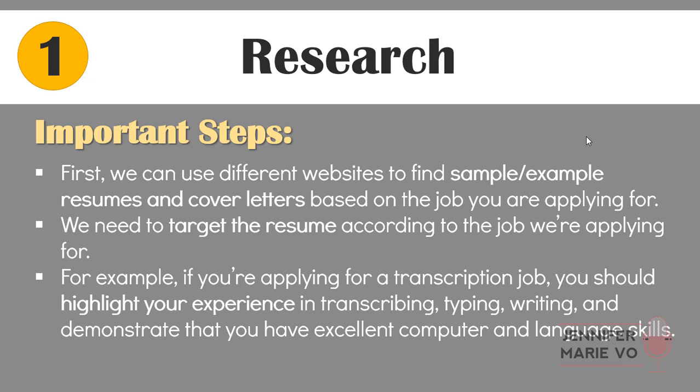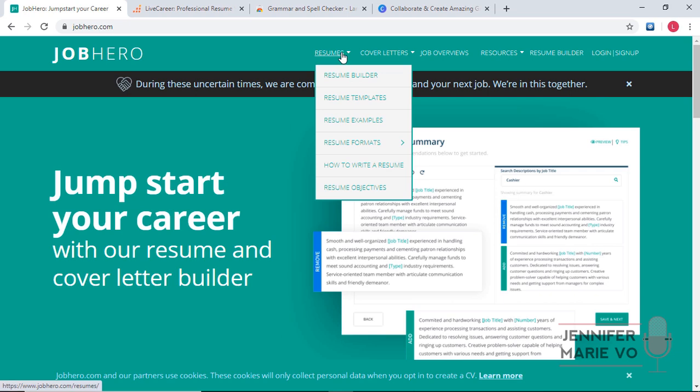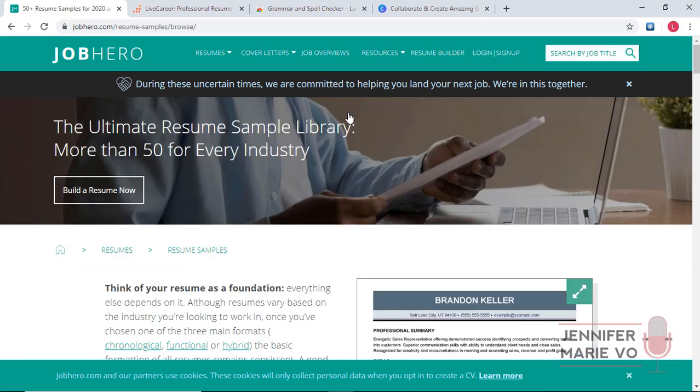So first we're going to go to jobhero.com. Okay, and then at the top under resumes, we're going to click on resume examples. Now with this website, I'd like to use it as a guide to help you in describing past experience that you've done when we're going to fill out our work experience section in our resume later on. So let's scroll down